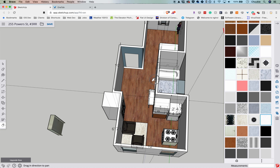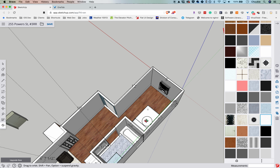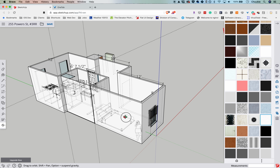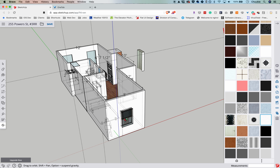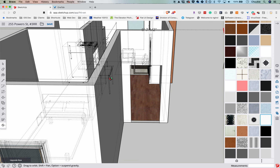Moving on, going to the bedroom. I could flip the bed to be a different way. It'll take some tight designing, but